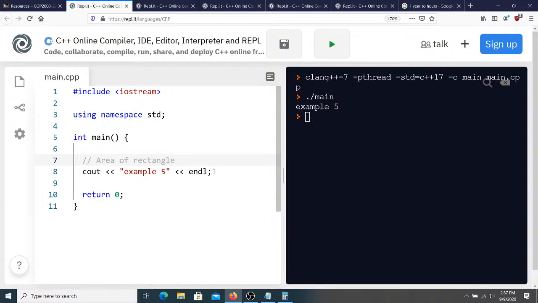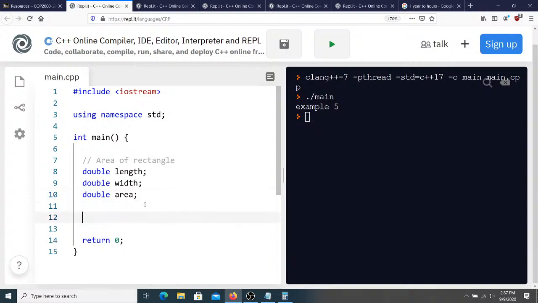Hopefully you remember how this program works. The area is just going to be the length times width. So they need to provide the length and the width, and then we're going to calculate the area. Follows the normal pattern as usual, so we say cout,